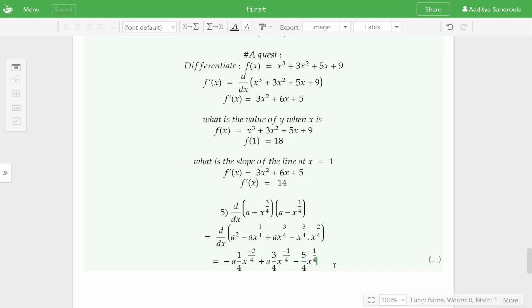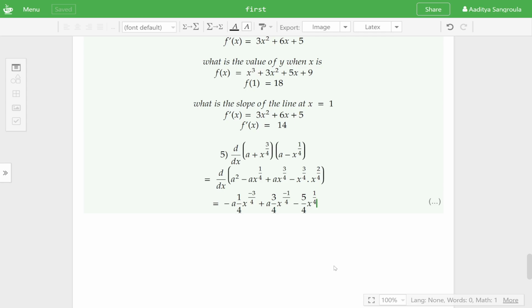Find the differential coefficients of the following. I can differentiate a lot of questions there. So which one is it going to be? Okay, so let's do a different type of question. That says